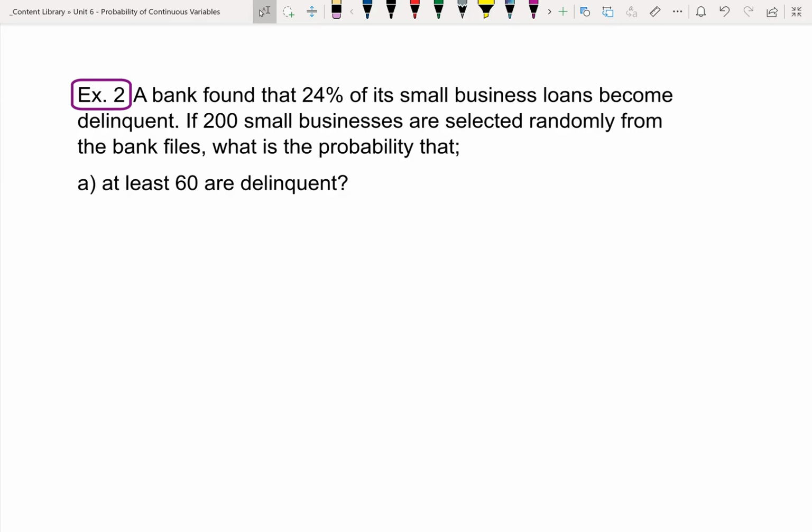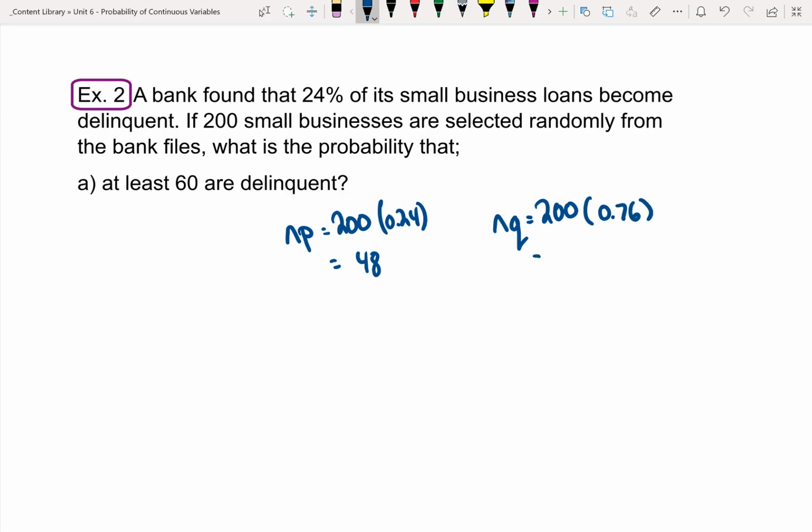So we need to determine the probability that at least 60 are delinquent. This would be very time consuming to do in a table, because we'd have to do 60, then 61, 62, all the way up to 200. But we can check to see if we can use a normal distribution to approximate this. The first step is to check to see if there's enough data. So we look at n times p and n times q. n is 200, times p is 0.24, the probability of success, and I get 48. n times q, 200 times 0.76, is equal to